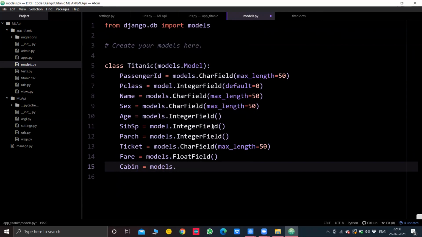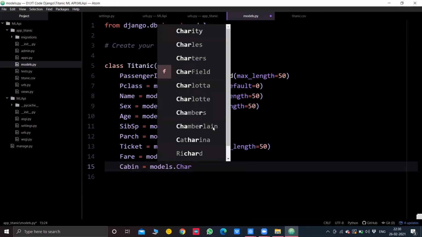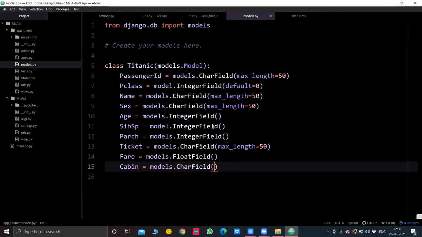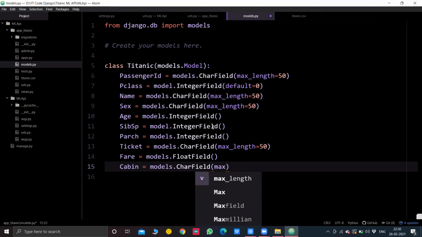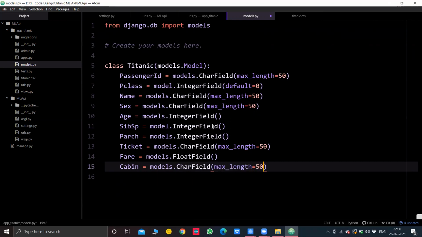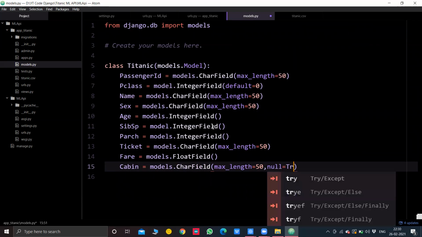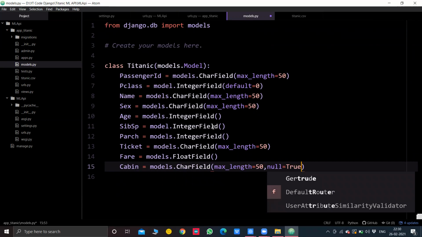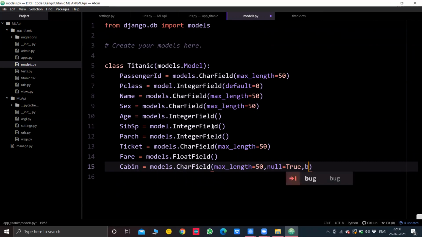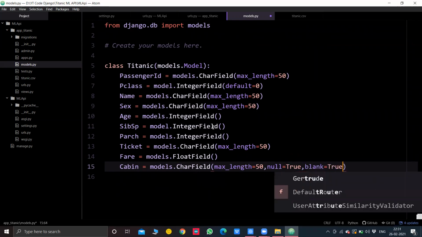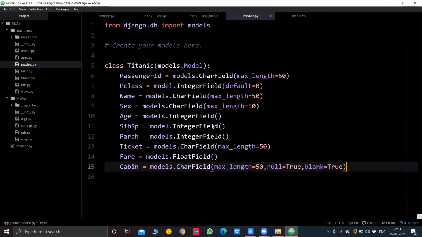So models.CharField, and inside that I'll mention the maximum length equal to 50. Now for exploring, I can show you what else you can mention here. You can say that null values will be accepted, so null equal to true. And if there are any blank values, we can say blank equal to true as well. So you can mention all this.